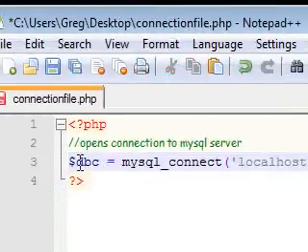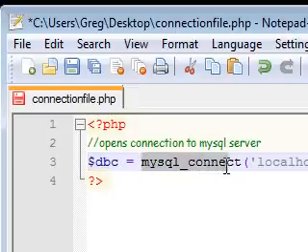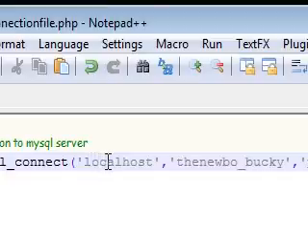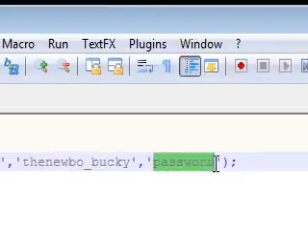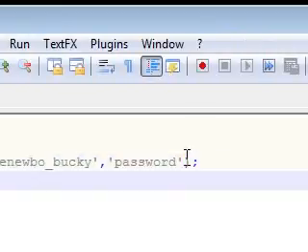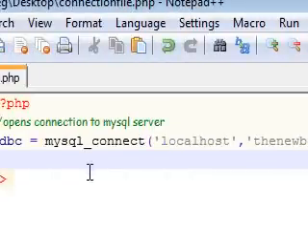Now that we have a variable, anytime we call this variable, it's going to connect us to our database. It's going to run through all these, make sure your username and password are correct, and if they are, it's going to connect you. So on the next line, let's make a simple if statement. Let's say if the variable database connect